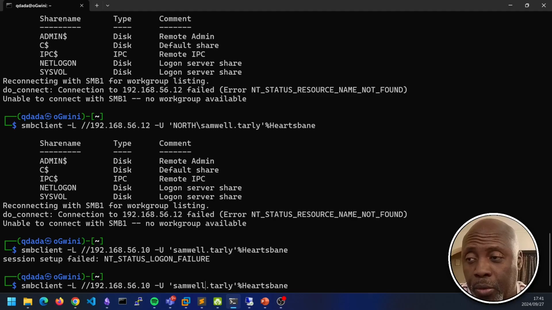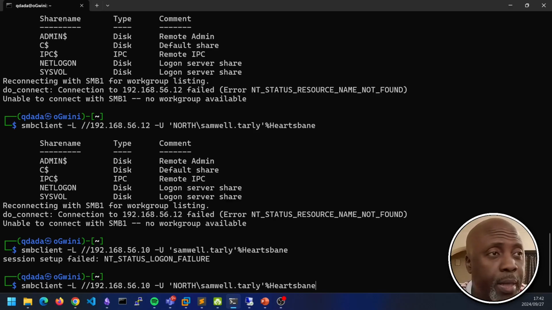So what we needed to do is modify the smbclient command to include the domain information, to say we're coming from the domain north.7kingdoms.local, and if there is a trust relationship between the two domains, that being north.7kingdoms.local and the domain in which that particular host .10 belongs, which is 7kingdoms.local, then I'll be able to at least log on.